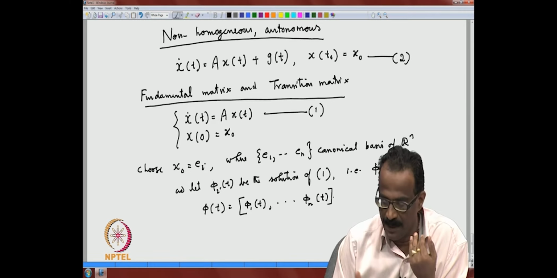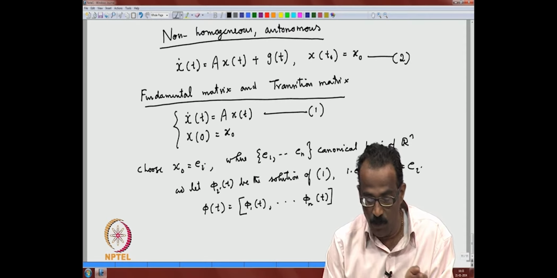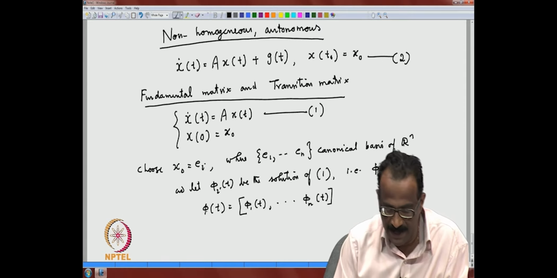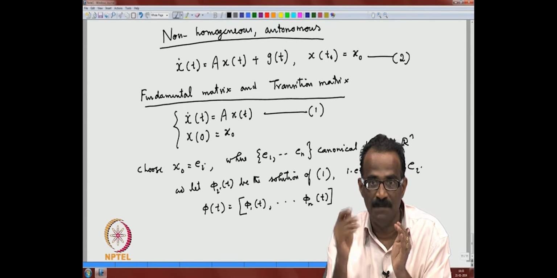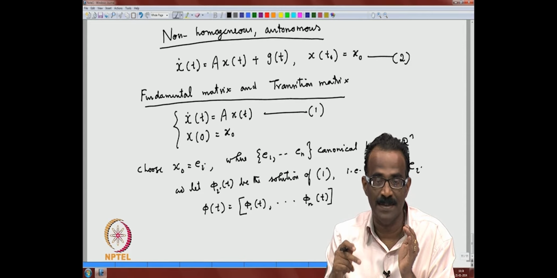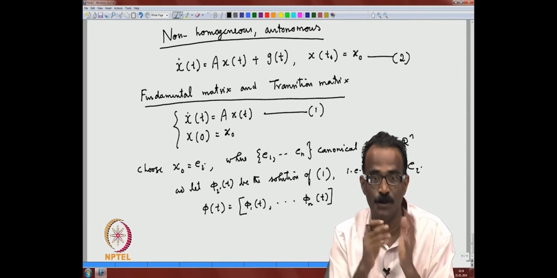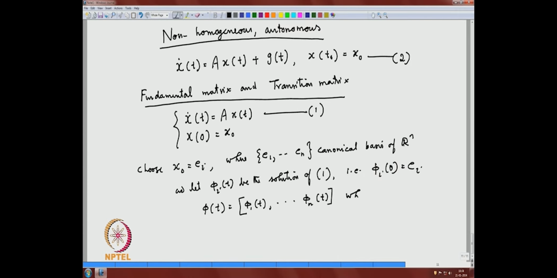Now, you can immediately understand this equation. And what will this phi t satisfy? Each phi i t will satisfy an equation with 1 0 0 as the initial condition, phi 2 will satisfy with the initial condition 0 1 0 etc. So, phi t is a matrix,